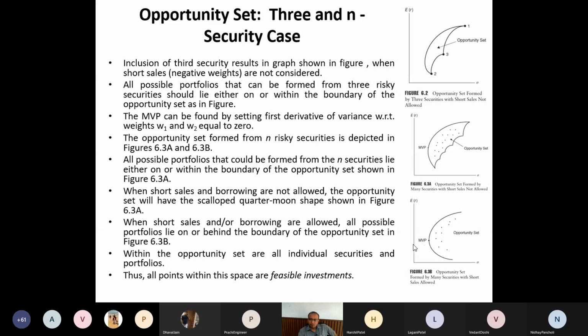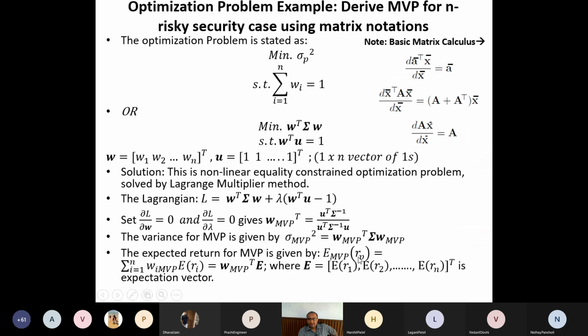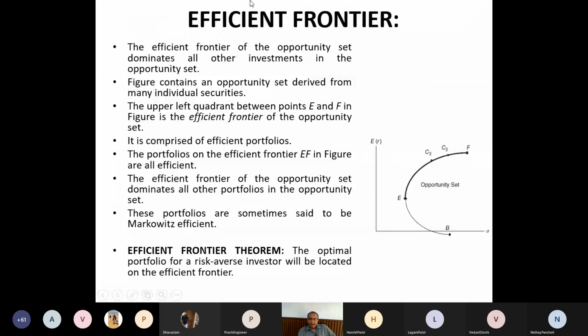Out of that, only one point is MVP, which is the minimum variance portfolio, where the variance or risk is minimum, right? You can see the risk is minimum. And we are not interested in all the portfolios, but we are interested in the efficient portfolio. And we have seen the definition of the Markowitz efficient portfolio. So what is an efficient portfolio? For a given risk, it gives me the maximum return, and for a given return, it gives me the minimum risk. That is the efficient portfolio. So we are in the derivation of the optimum portfolio, and we have gone to this efficient frontier.